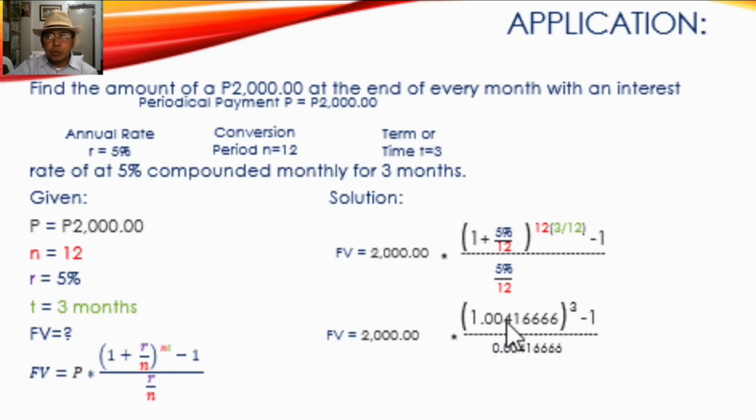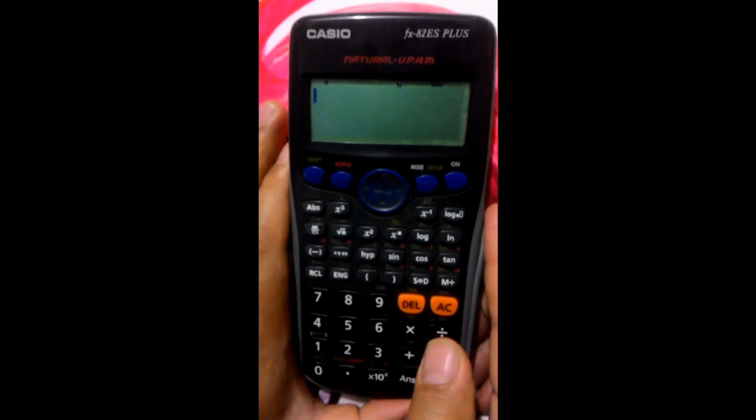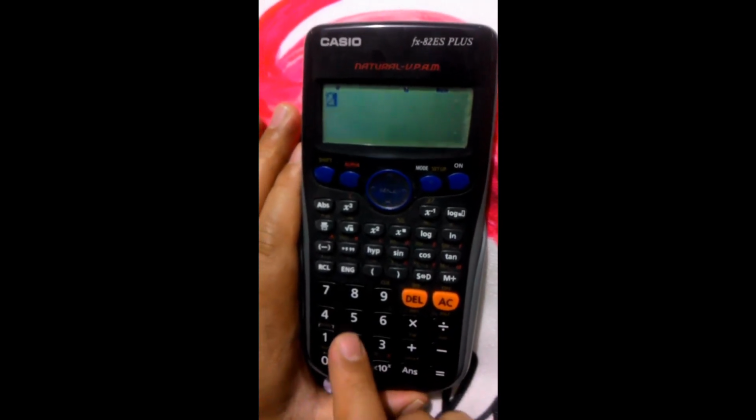Now to continue, you raise this one to the third power and deduct 1. Okay? And of course divided by this one. So let's continue. The final amount, the future value of the investment after 3 months, is 6,025 pesos and 0.35 cents. To get the future value, press 2,000